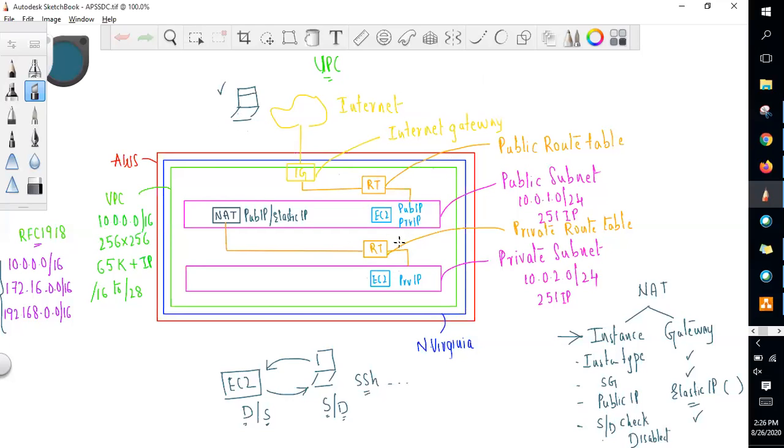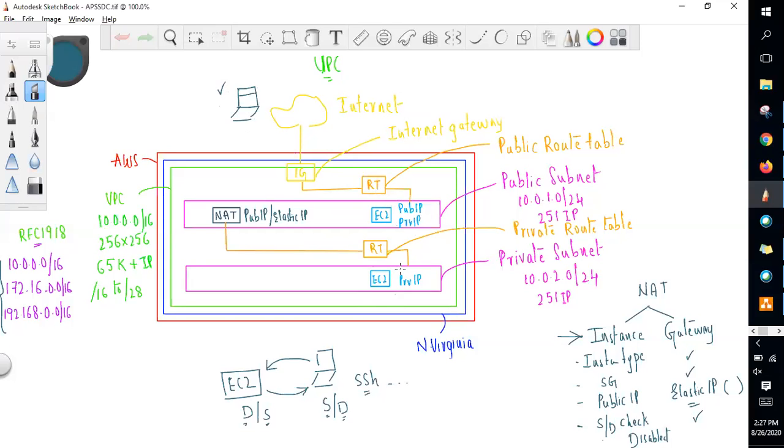First of all, you have the key pairs, the public and private, which I have created. Both the key pairs are in your local PC, isn't it? In your downloads folder, you will have both the PEM files, both instances' PEM files. So now from your local PC, you can connect to this EC2 instance, and you can't connect from your local PC to this EC2 instance because it does not have the public IP.